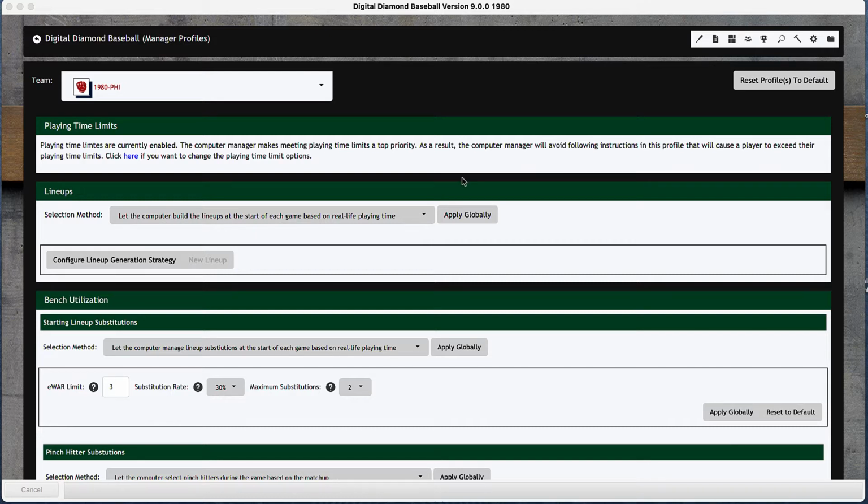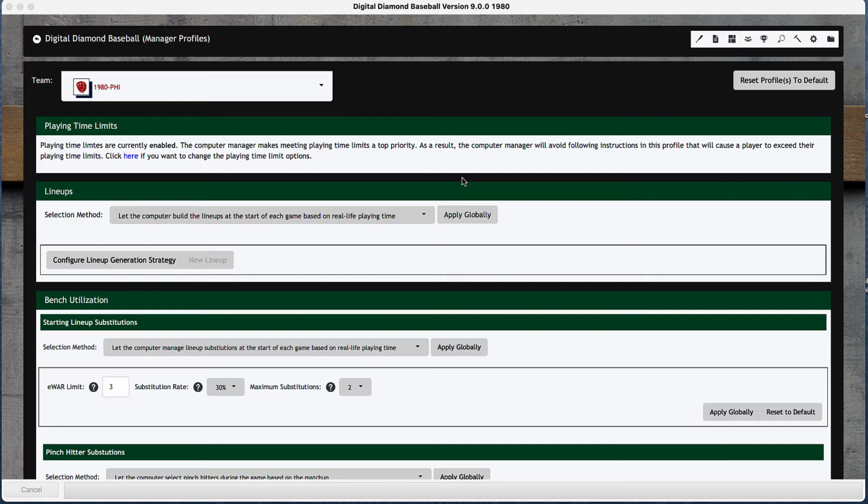The advantage of letting the computer take over is that it's constantly reacting to trades, injuries, and other things, so that as your roster changes during the season through these automatic transactions, and maybe you have injuries turned on or something, the computer is always adjusting and always picking players that are active and available. If you make lists on your own and people become injured or traded, your lists start to become stale. The players that you had on your list are no longer on your team or no longer active. The disadvantage of allowing the computer to pick for you is that the computer may not be doing exactly what